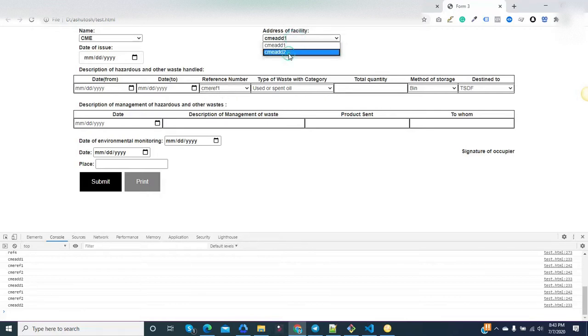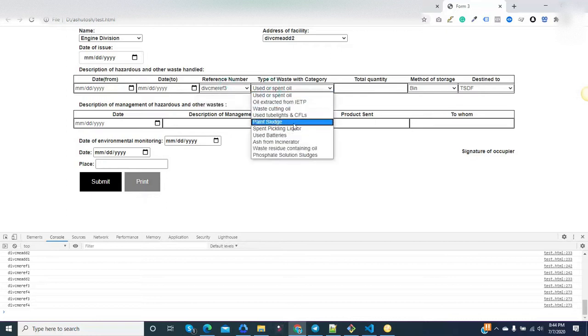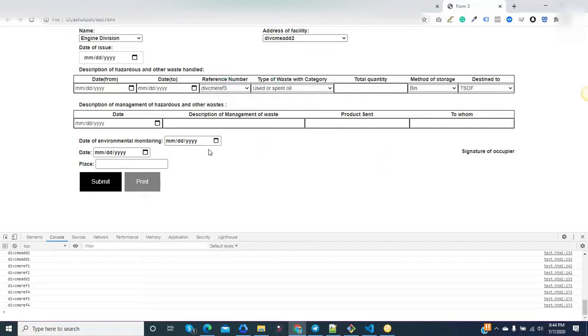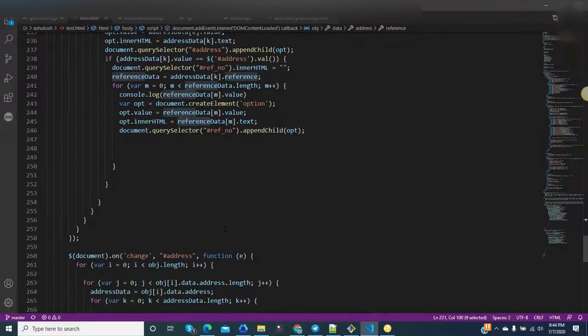If you select this one, this changes; if I select that one, it changes. Again, if you select engine division, another option will be there, and for each option the reference number will also be different. In this way you can change other options too. For demonstration purposes I did only 3 levels, however you can modify it according to your requirement.